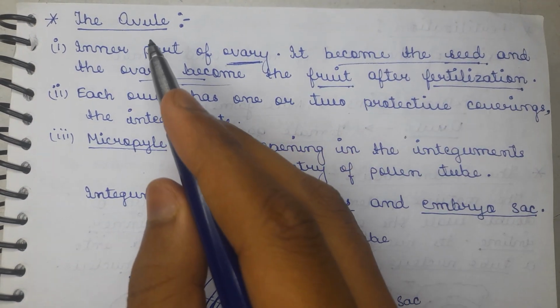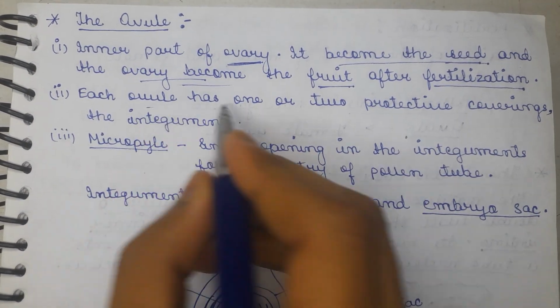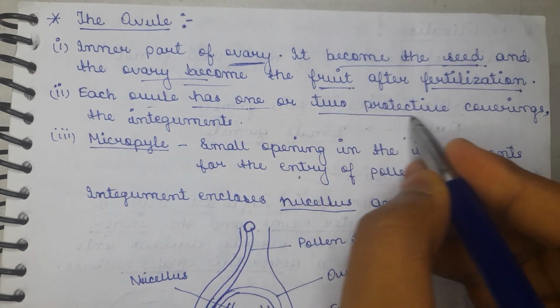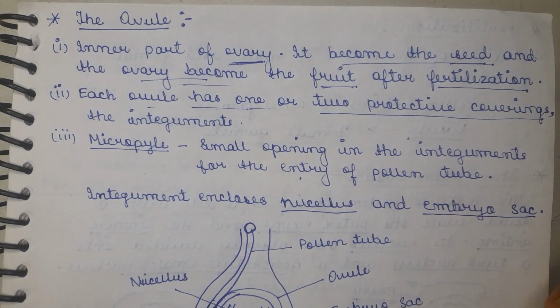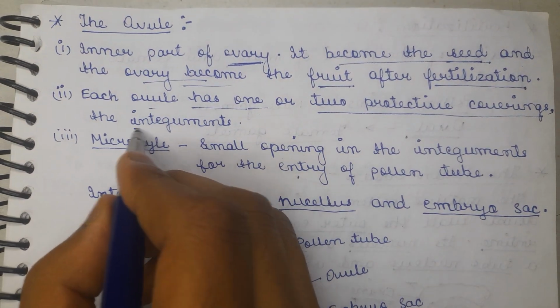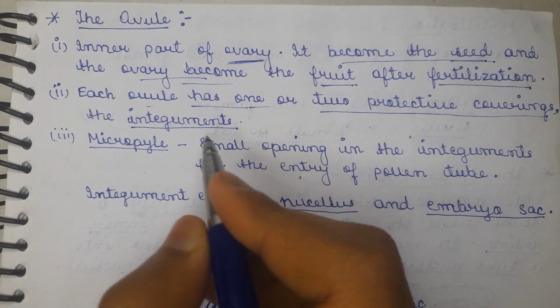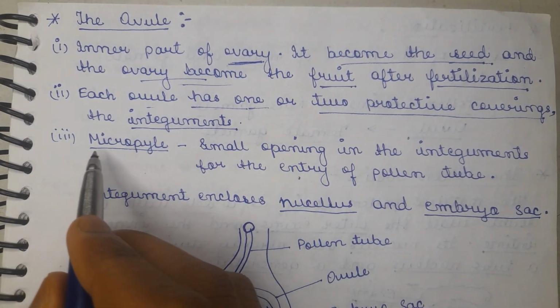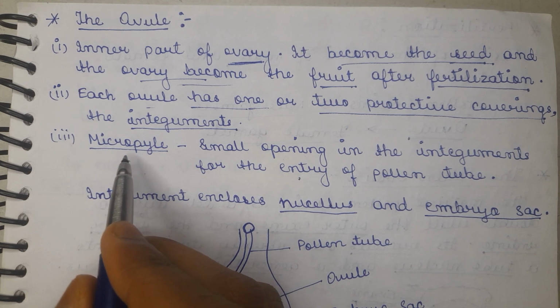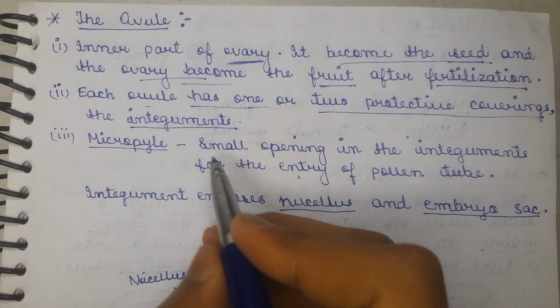The second feature of ovule says that the ovule has either one or two protective coverings, and these coverings are named integuments. Now the third point says that there is a micropyle, basically a small opening or